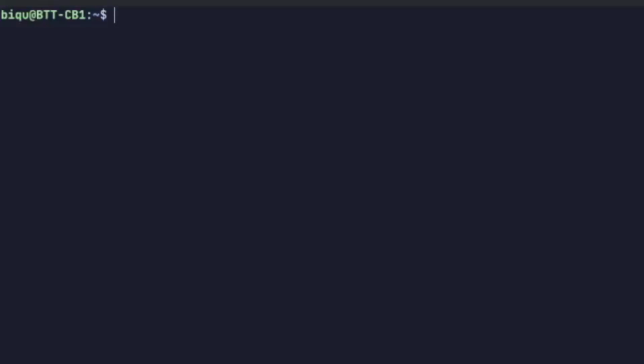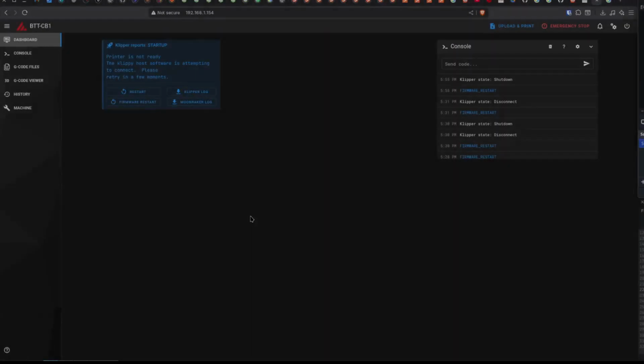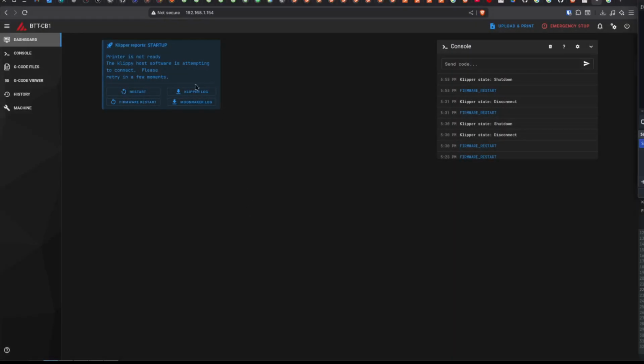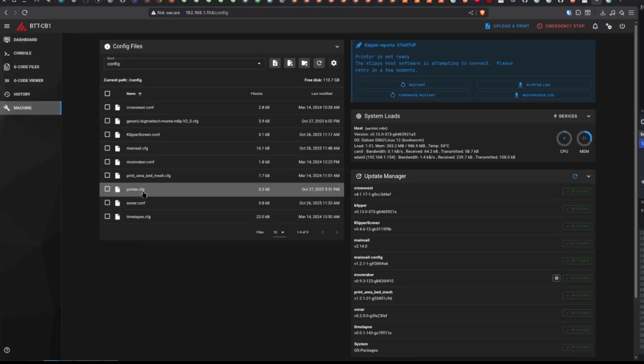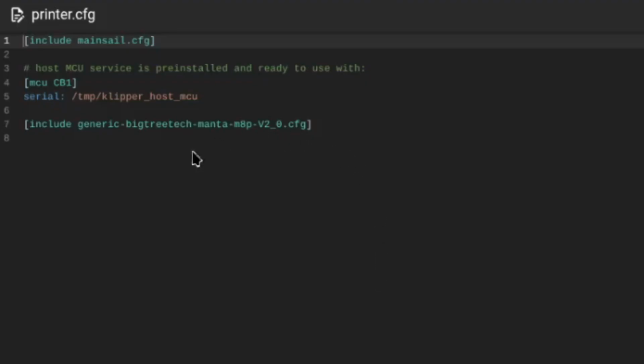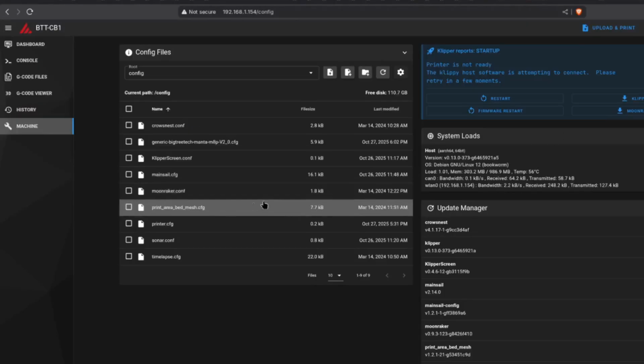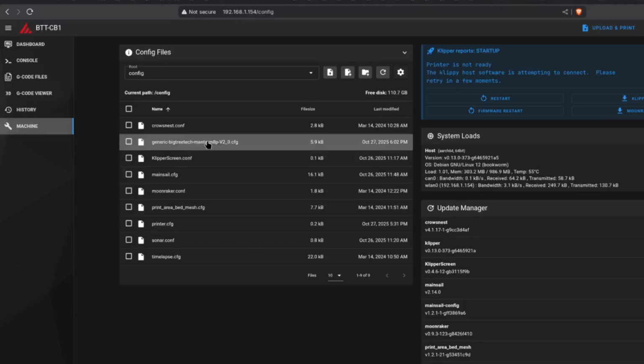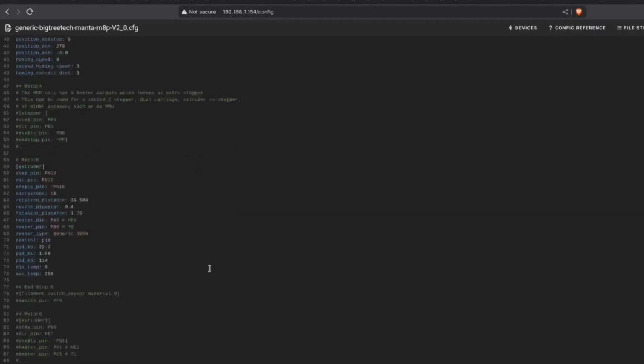We have to go to the Mainsail interface and do the required changes. So this is the Mainsail interface. Just ignore what you see over here. Go to Machine and then printer.cfg, and you will have your MCU section. Mine is defined in this file, so I need to change over here. Close this and then open this file. And down over here,